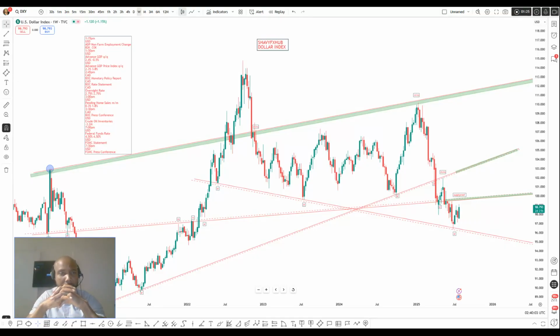And the next one is we have the FOMC statement and the FOMC press conference. The Federal Open Market Committee is an organ in the United States that sets lending and borrowing benchmark. So their words are final when it comes to monetary policy changes. It cannot be contested. So let's look at the structure of the market, and we're using a weekly time frame